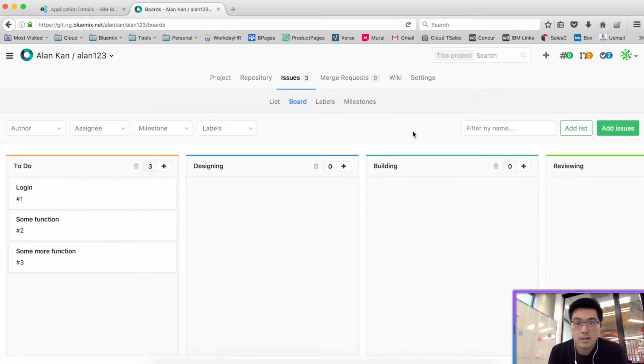So that's your backlog. The next piece in sprint planning is to prioritize your backlog. And in GitLab, it is very easy to do. You can just drag it up and down from the to-dos, and that would show your priority of your issues. And also, you may want to add some more details to your issues. So let's again go back to the login as our priority. If you go into it,